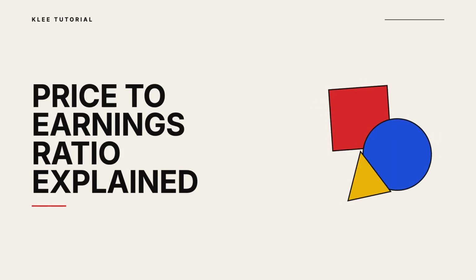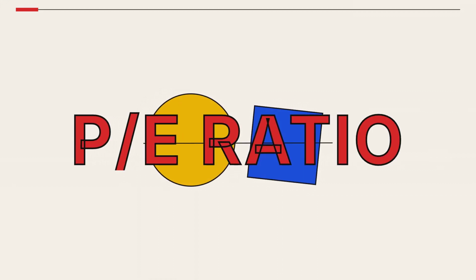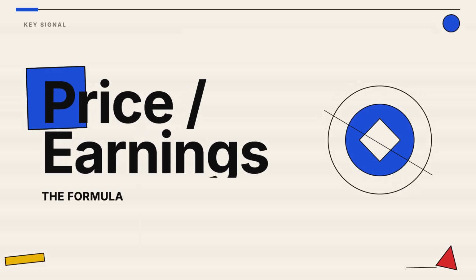The price-to-earnings ratio, or PE ratio, is one of the most common ways investors look at a company's stock price. The ratio essentially tells you how much you are paying for every $1 of a company's annual earnings. To calculate it, you simply divide the current market price of one share by the company's earnings per share over